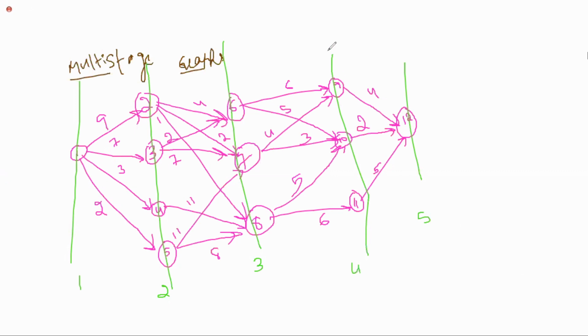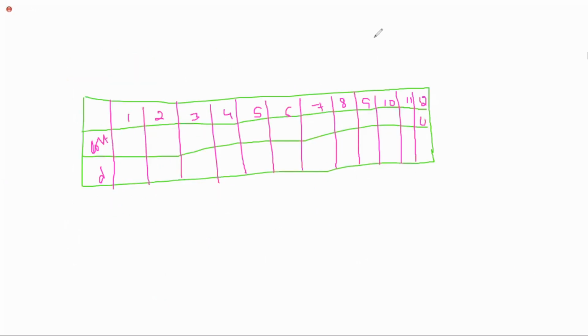First, find stage 4 to stage 5. Before that, first we'll find stage 5. From 12 to 12, is there any edge? Do we have any self loop here? We don't have any self loop. So from 12 to 12 it takes 0, no cost is required to reach 12 from 12. So I'm updating it with 0. From 12 to 12 it is 0 only.